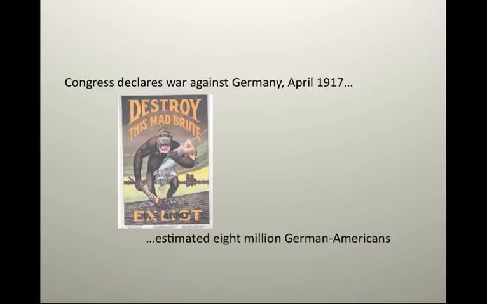And don't think that this didn't play on the sort of racial peculiarities of the American mindset in this age of Jim Crow. To see this gorilla figure with this clearly Caucasian damsel representing liberty, this sort of rape fantasy that we had seen in the culture of Jim Crow, is now manifest but directed against not African Americans but German Americans. An estimated 8 million German Americans who made up nearly 1/10 of America's population.